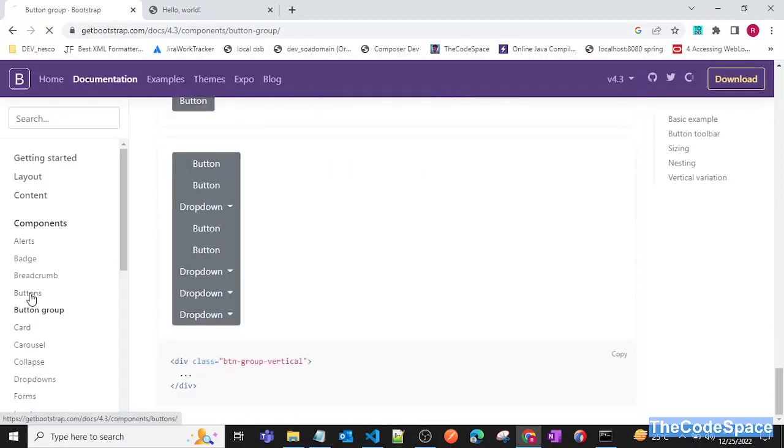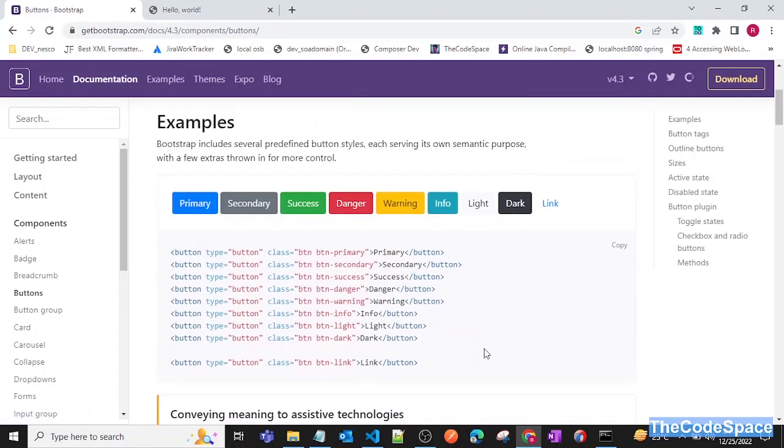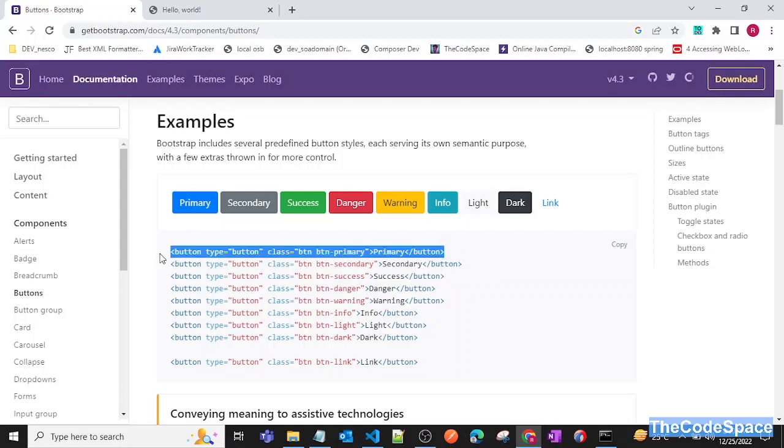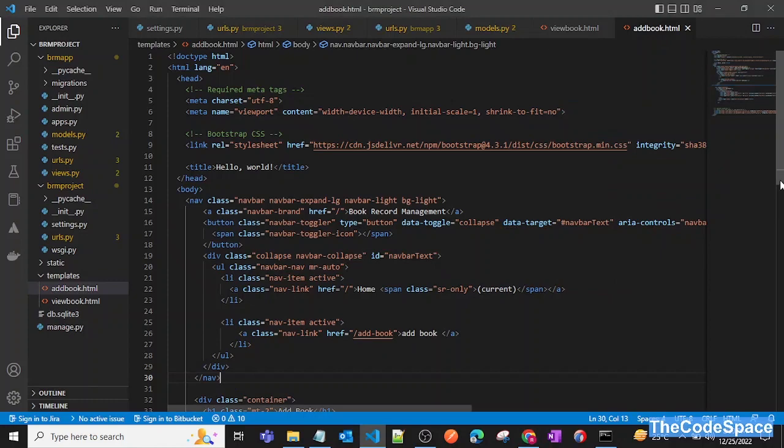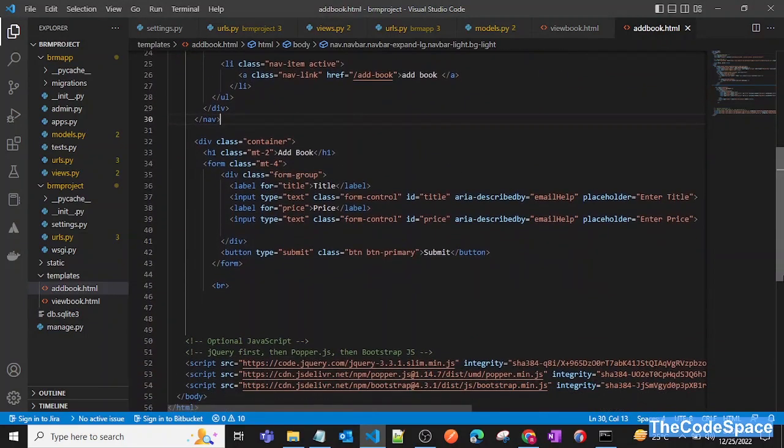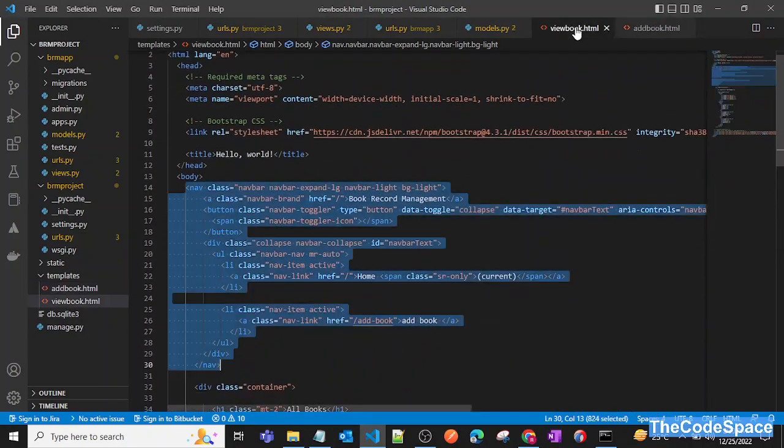Not a button group, I need to go into button, and then I will take the edit button as a primary. So I'll just copy and paste that here, and I will go into my viewbook.html,